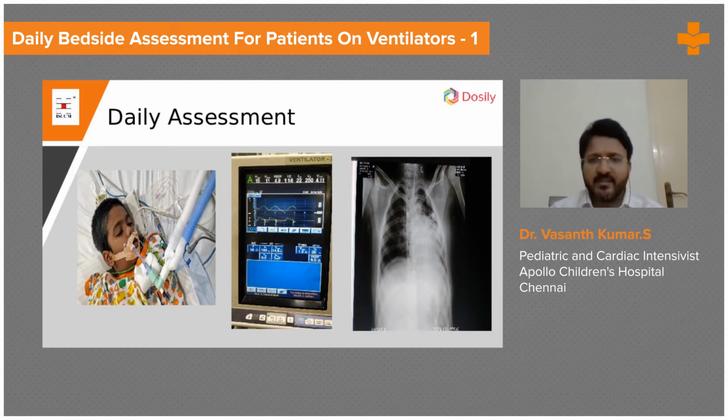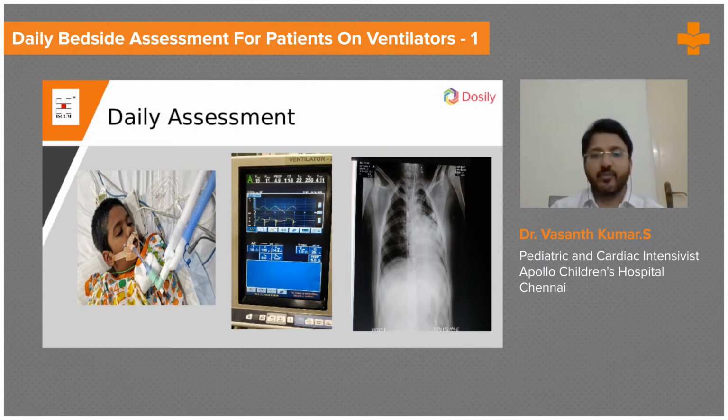Here you can see the tip of the NG tube sitting in the stomach, to decompress the stomach. If there is no NG tube, the stomach will get distended and it can compress the base of the lungs and cause collapse. So all intubated patients should have an NG tube. If there is any line, suppose there is an internal jugular vein line present here, that can be